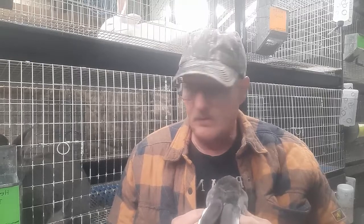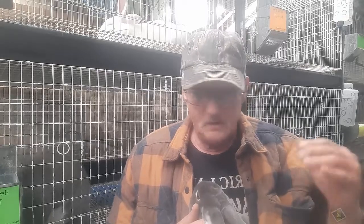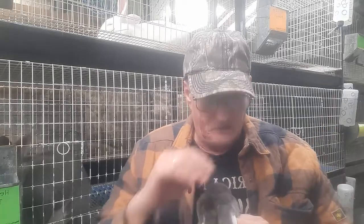There's going to be a small window in there because I'm not going to have the rabbit sitting in the car any longer than I have to. The best way is, if you're interested, meet me there. Have a carrying cage that you can put them in. I might be able to work something out where I could have them in something that you could just take out of my vehicle and to yours and go home. And that's what I would do, is get them to your place, get them into their home, get the water to them. Another thing that I do is I do give you enough food